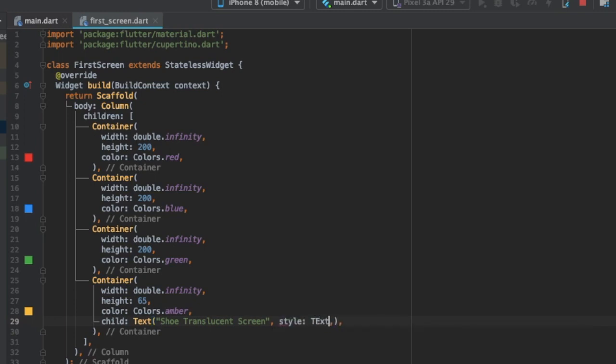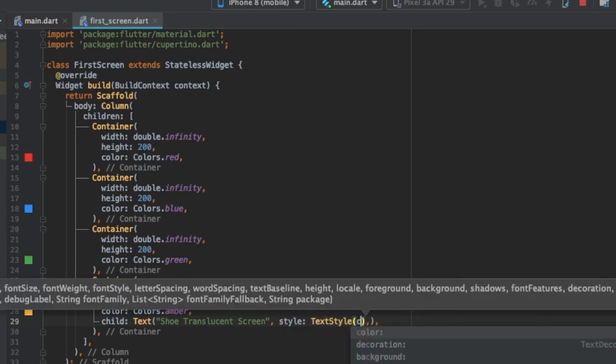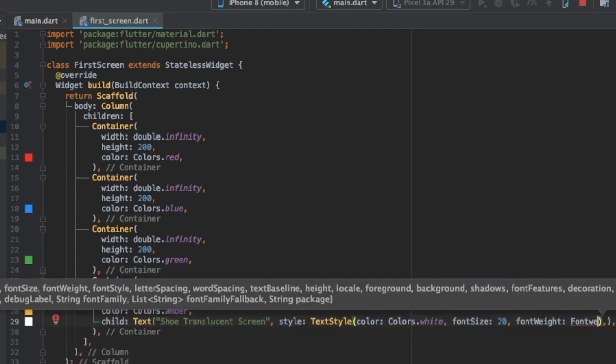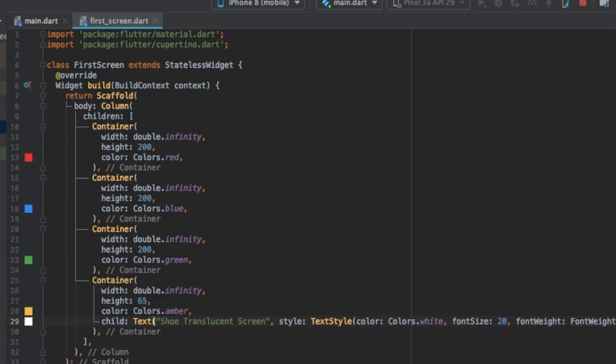Style, text style, color white, font size 20 is appropriate, font weight dot bold. Oh, my bad. Font weight dot bold. Done.